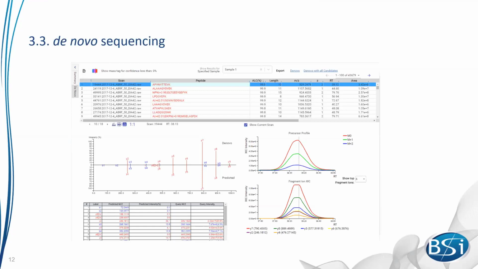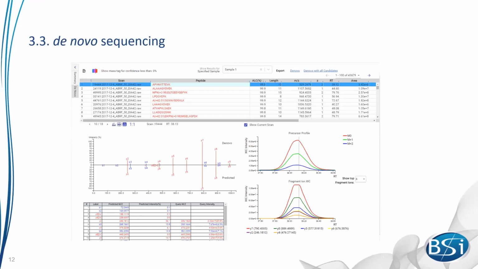For de novo sequencing, the main issue is to resolve peak reuse, because some fragment ions may be shared by two different sequences, and this is a challenge for getting higher accuracy and a lower false positive rate in de novo